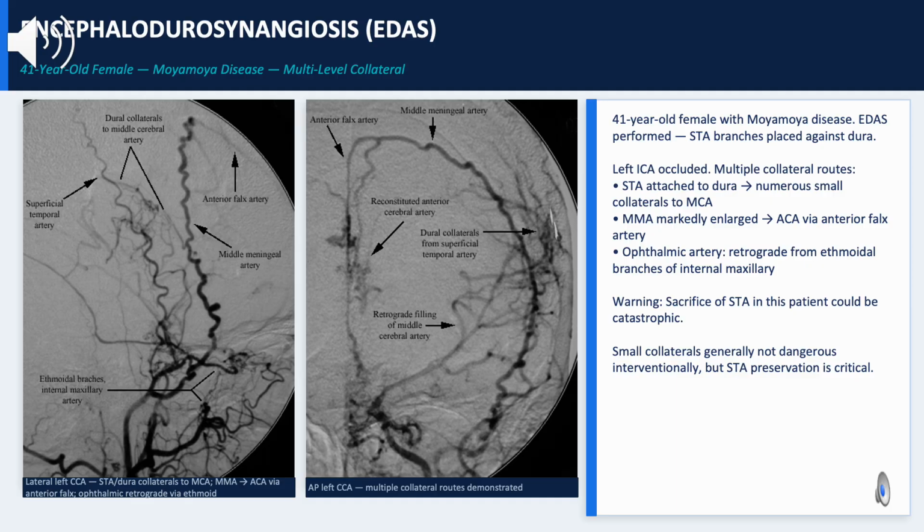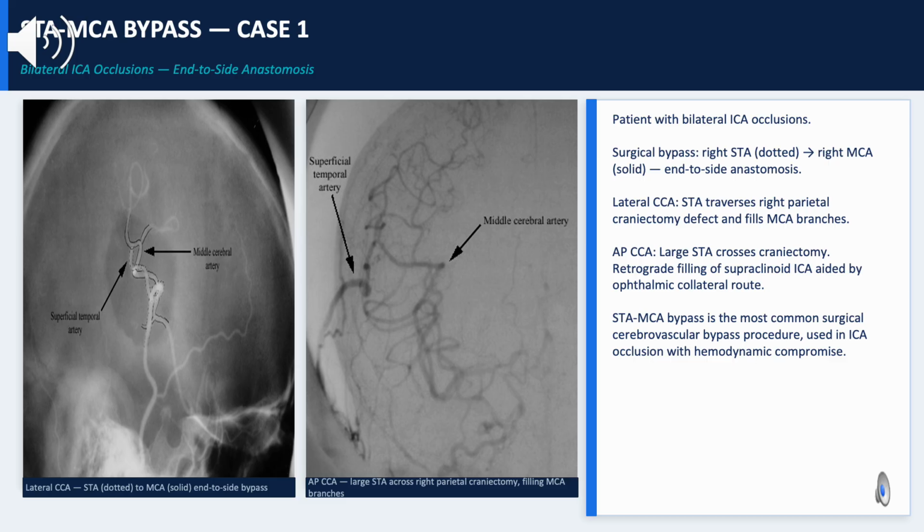The warning about STA sacrifice is clinically urgent. In a patient like this, the STA provides the majority of MCA territory supply. Sacrifice of the STA, for example during a tumor resection that crosses the scalp, would be equivalent to performing an MCA territory stroke deliberately. Communication with the neurosurgeon about preserving the STA is mandatory in every moyamoya patient with prior EDAS. The STA-MCA bypass is the gold standard surgical treatment for ICA occlusion with hemodynamic insufficiency unresponsive to medical